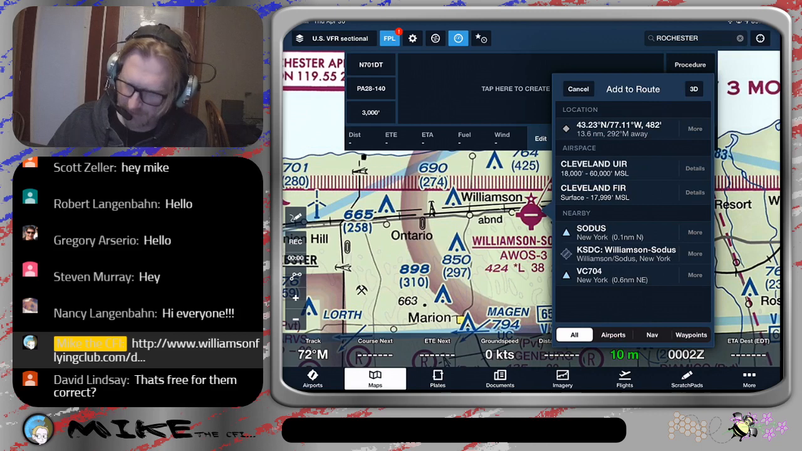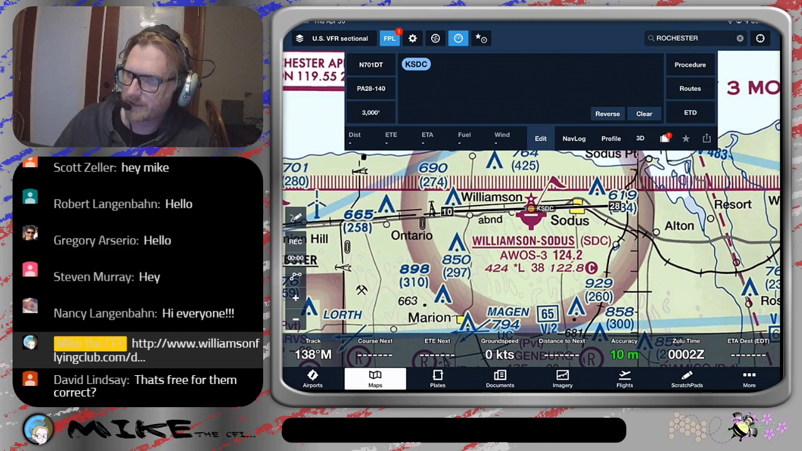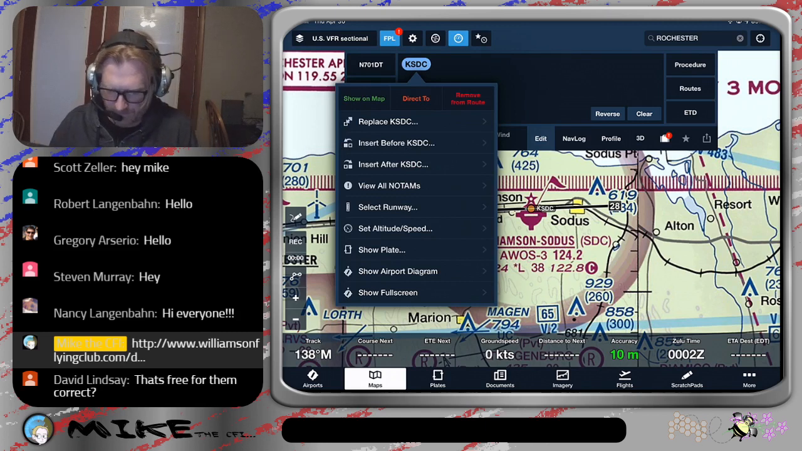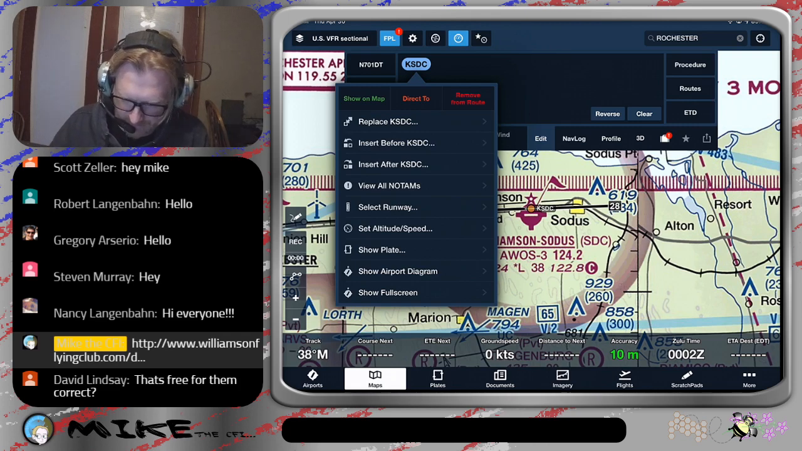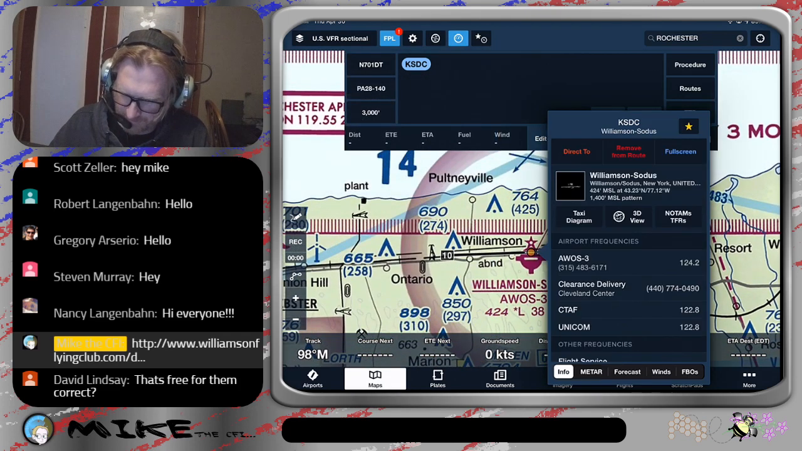You can also tap on the map and find what you want. So if I select KSDC and just tap that, that's going to put that up in the flight plan for me. If you tap on the symbol up in the flight plan window, you can delete it, or tell it, I'm here and I want to go direct to there. So if I click direct to, it will draw a line from wherever I'm at right to the station. Show it on the map, so it'll zoom in to where that is, and you can pull up the